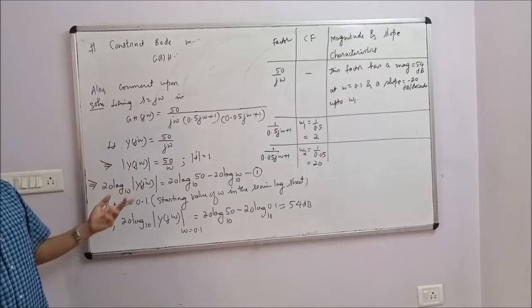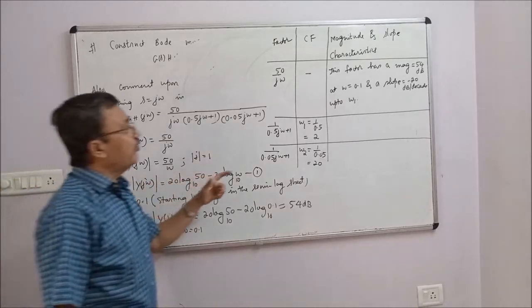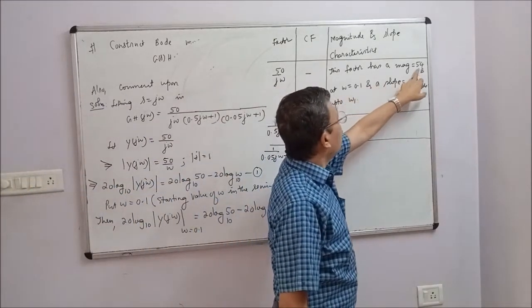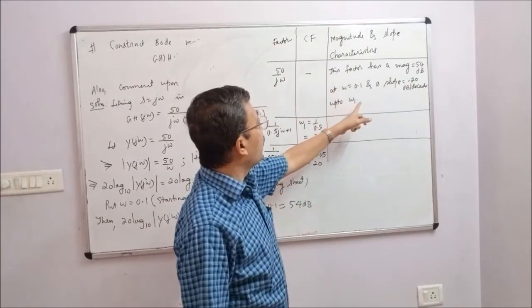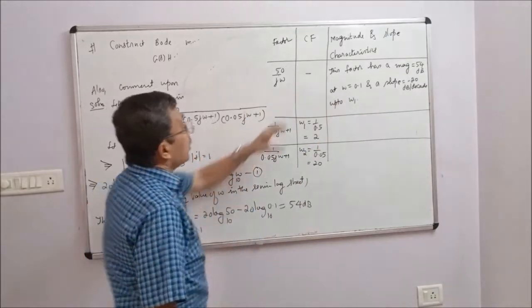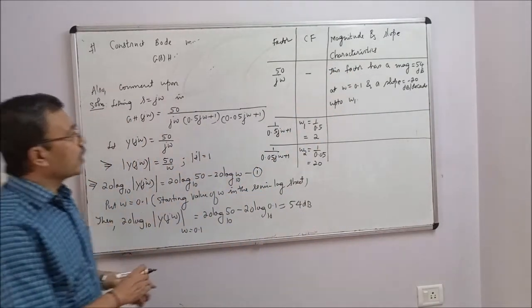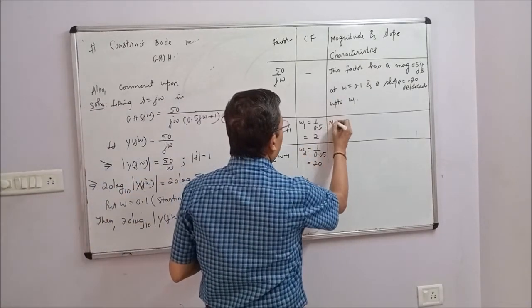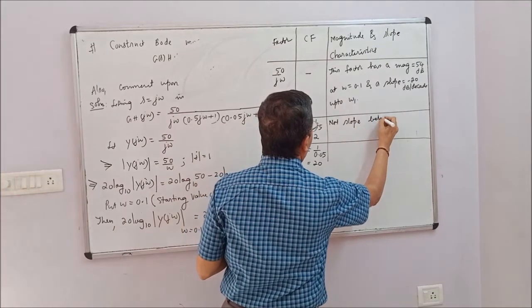To draw a straight line, we require one point and the slope. This point is when omega is 0.1, the magnitude is 54 dB, that is the point. And what is the slope? Slope is minus 20 decibels per decade up to omega 1. This comment I have written referring to equation 1. Next I will write net slope between